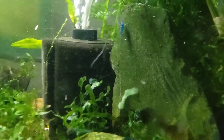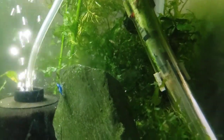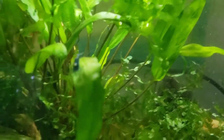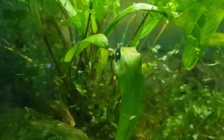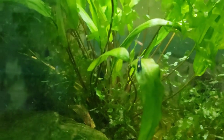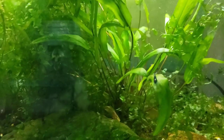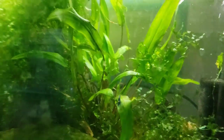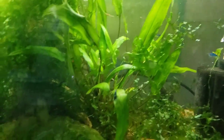So right in here, this is one of my fry hatchling tanks, and these appear to be almost all erythromicrons, which are also known as emerald dwarf rasboras. They're a cool fish that was discovered in Lake Inle. I have a whole species profile on them and how to care for them and everything in another video if